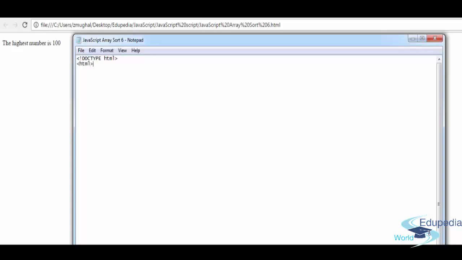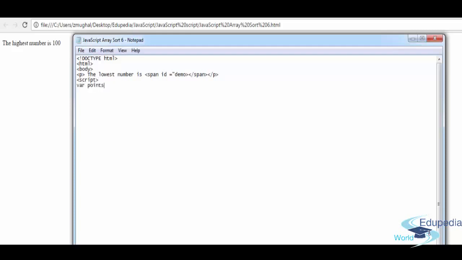Open up the HTML tag, open up the body tag, open up the paragraph tag and say the lowest number is span ID is equal to demo. Okay, and close the span tag, close the paragraph tag. Alright, and then open up the script tag